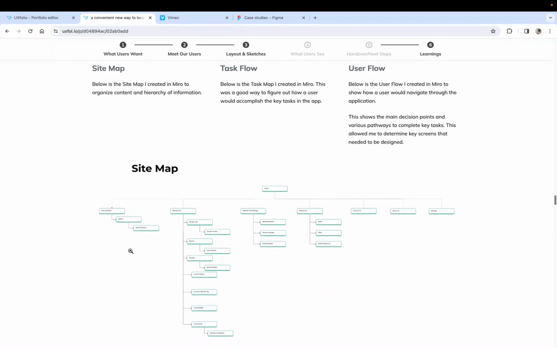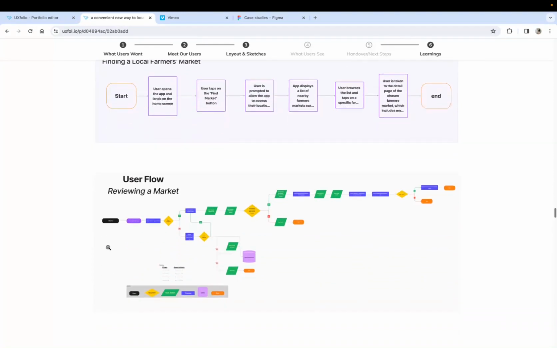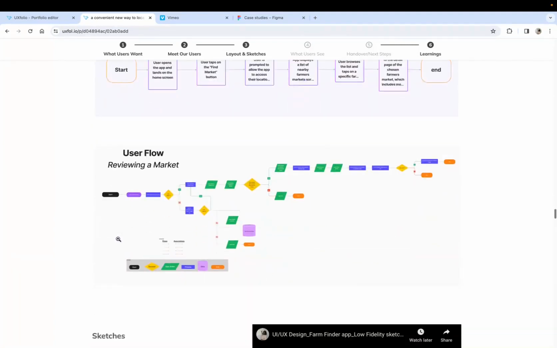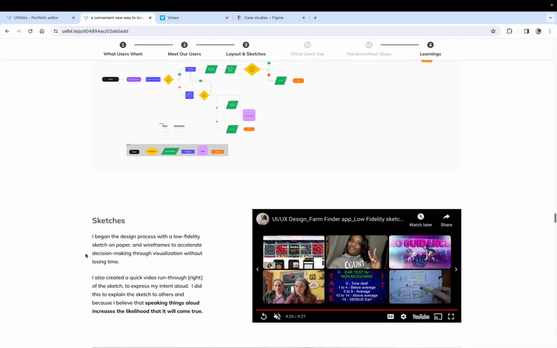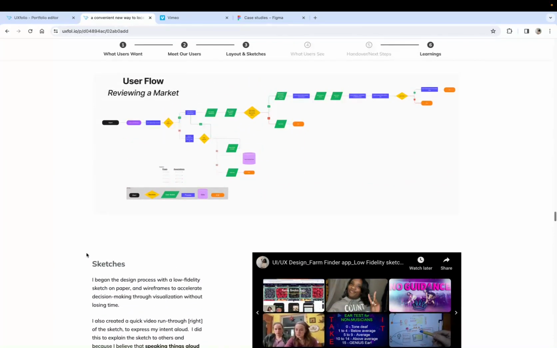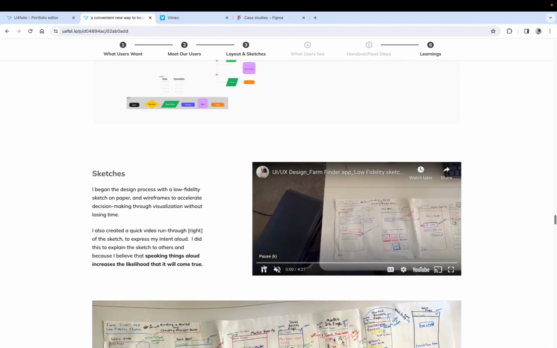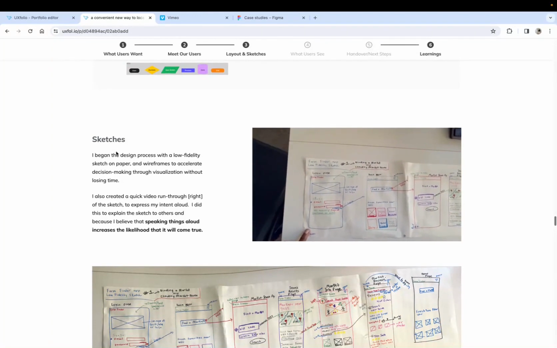Then a task flow that shows me what a user would do from step one to the end. And then a user flow that shows me very important decision points. That's very, very key to let me know where things will be positioned and what's the most intuitive way to place things. And then if you look here, I have an outline of my very early